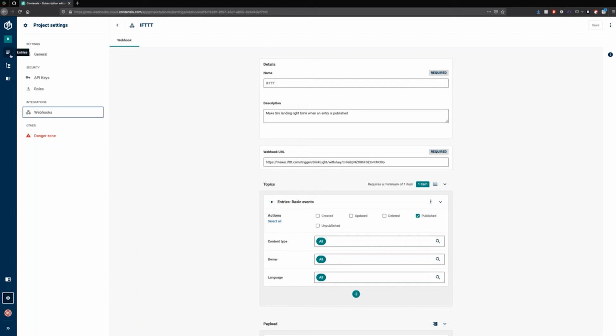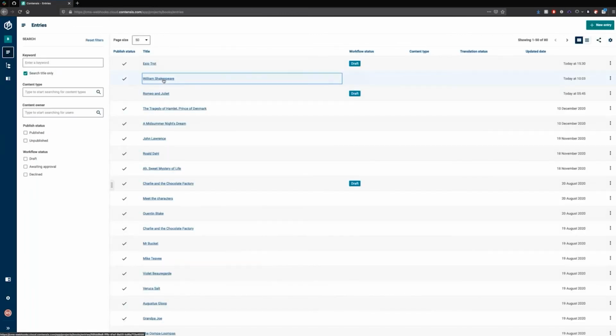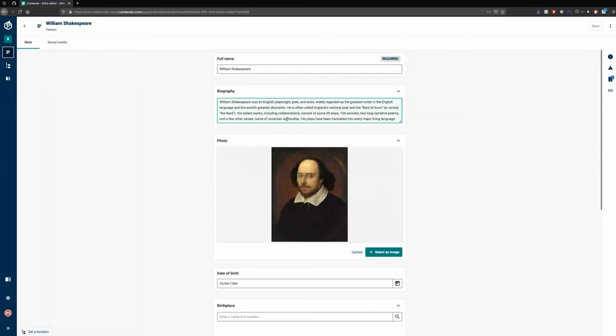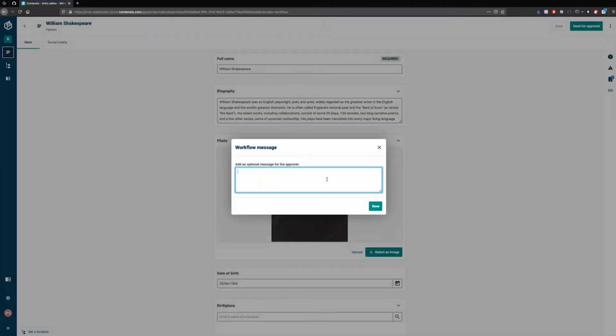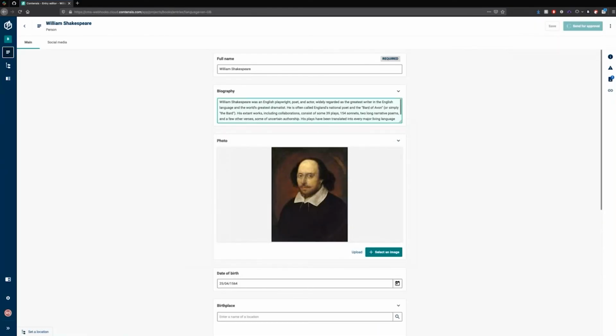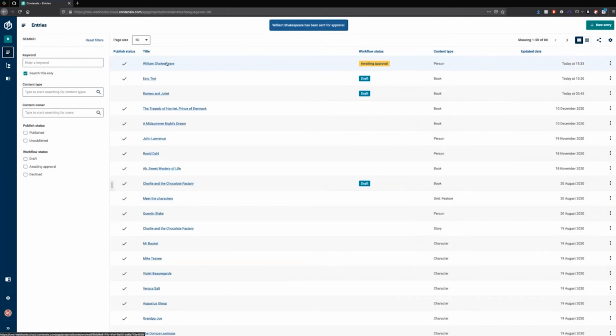So I can publish a book or a person. So let's go to William Shakespeare. Make a change to this. Take that space out. Hit save. I'll send it for approval. Should have just chosen a book. Hit save. And then if I